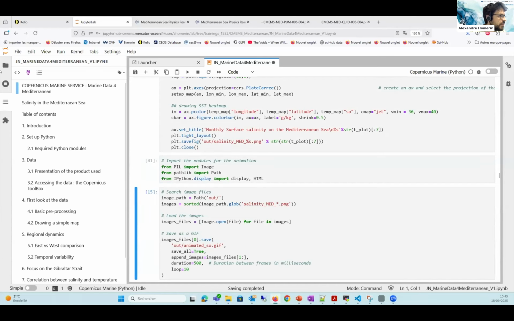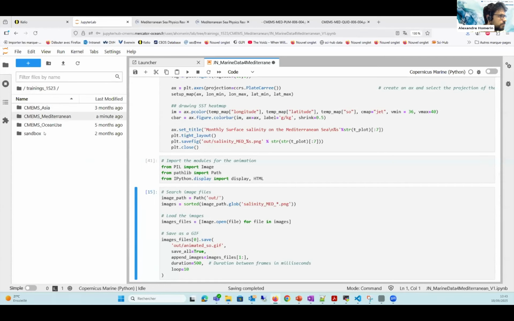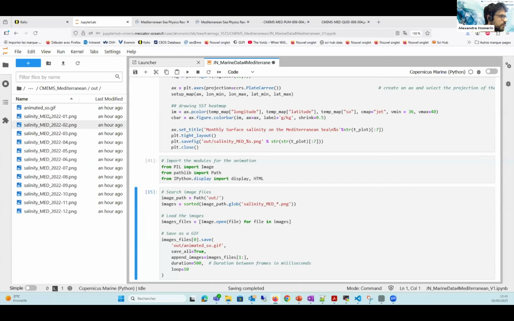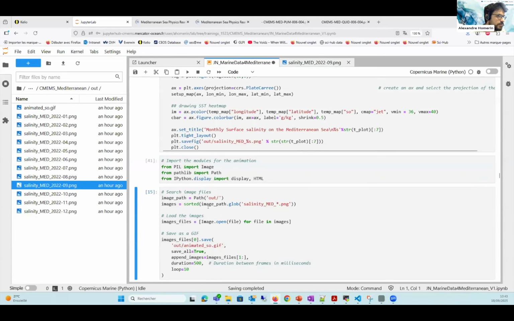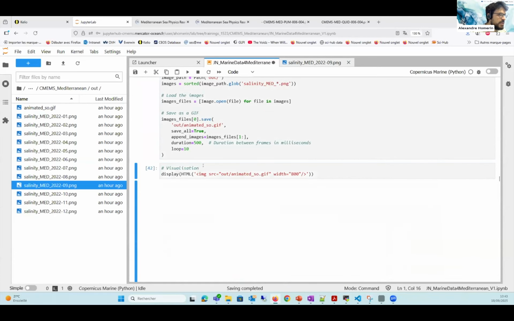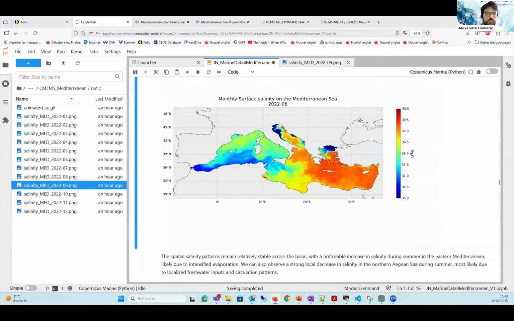So I have pre-done it. Oops, sorry, here. I've prepared the 12 plots here. And they are gathered in a single animated GIF image, which looks like this once we animate it. We can see the month here. And we can see that the spatial pattern of the salinity remains stable along the year. The noticeable change is a clear increase in salinity here during the summer,